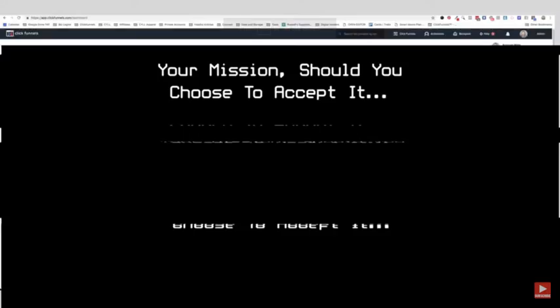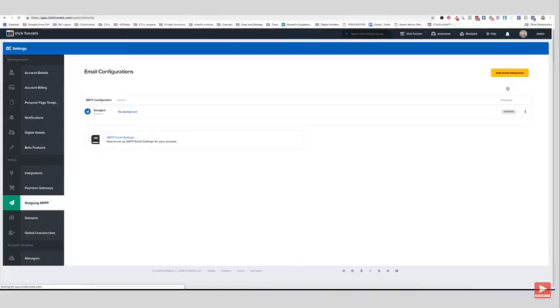This little video will show you how to set up your SMTP. If you go over here to your account and go to SMTP settings, this little book right here is going to give you the guide of how to do all